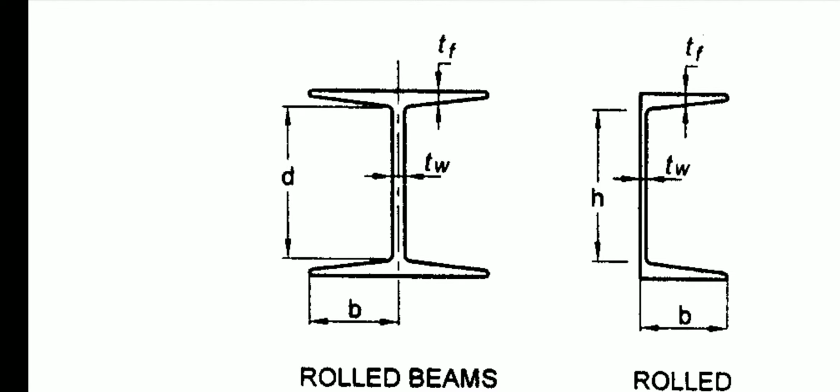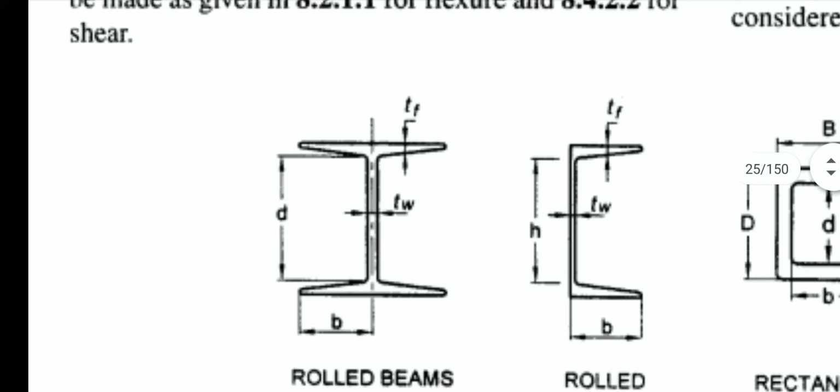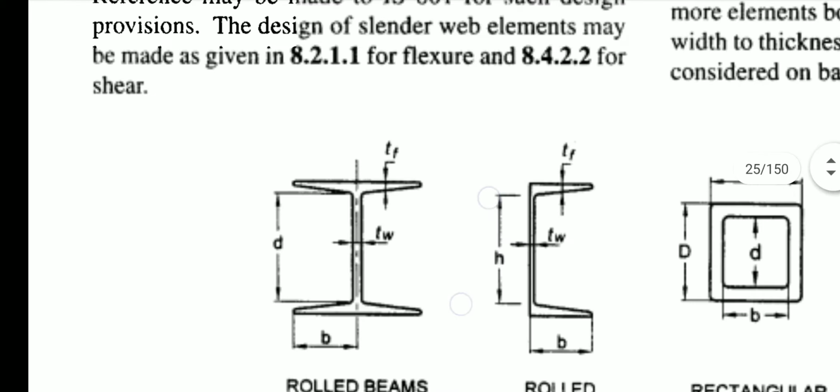We can say B is directly half of the flange, but in case of T section here we have to add one more thing, which we did not do in the last classes because there we did not require it. Here we require it actually. So when you see the steel table, we need R1. So what is R1? That I will discuss in the next video.